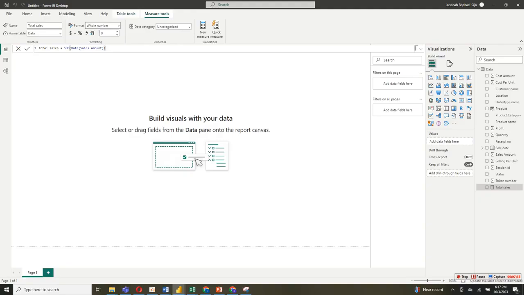I hope you have learned one or two things, the difference between a calculated column and a measure in Power BI, and also how to use them and how to create a simple calculated column and measure in Power BI. The process also applies to every other calculated column or measure that you want to write